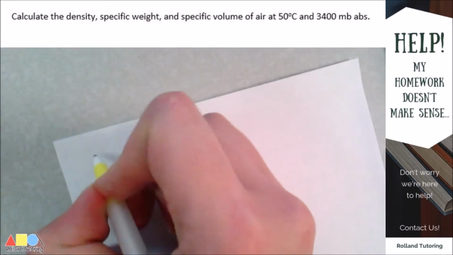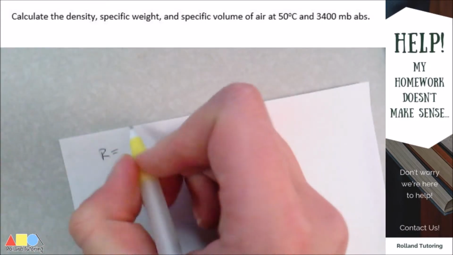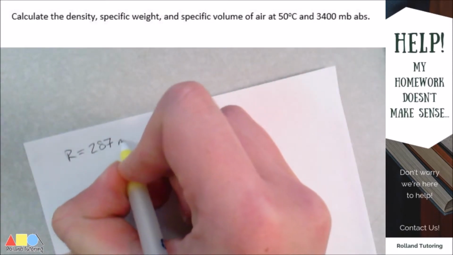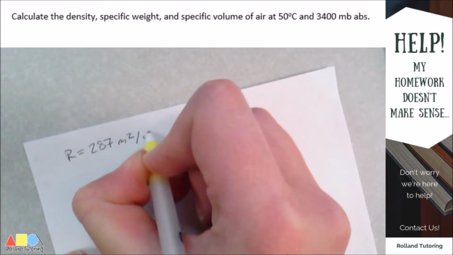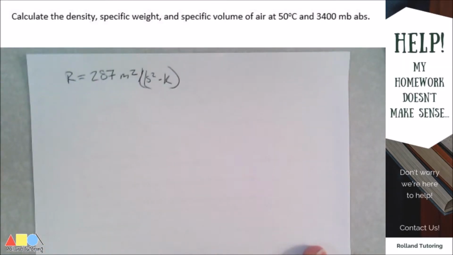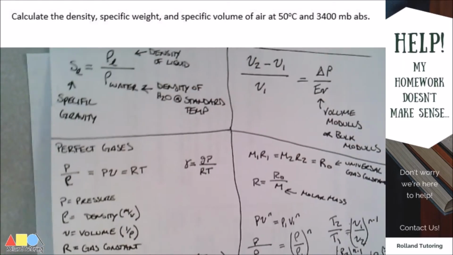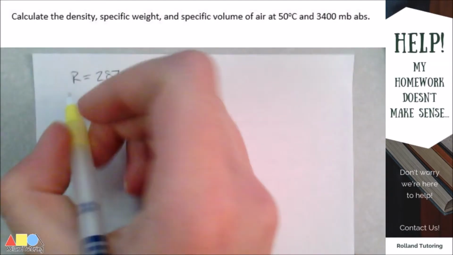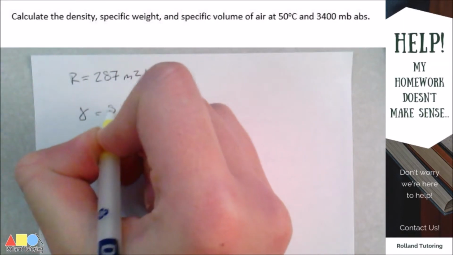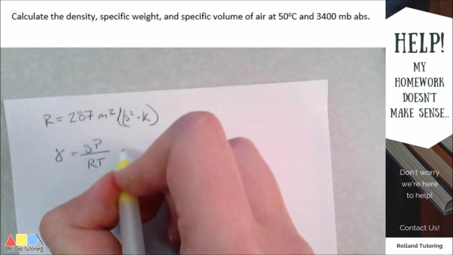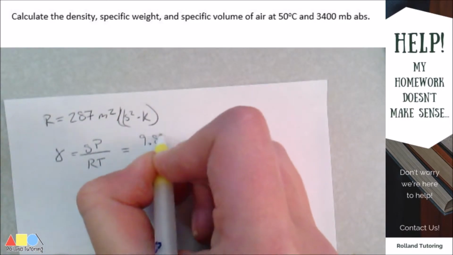We get R equals 287 meters squared per second squared Kelvin. Then we can go back to our equation sheet here for our perfect gases equation, and we'll use this one right here. And our specific weight is equal to gravity times pressure over R times T, which gives us 9.81